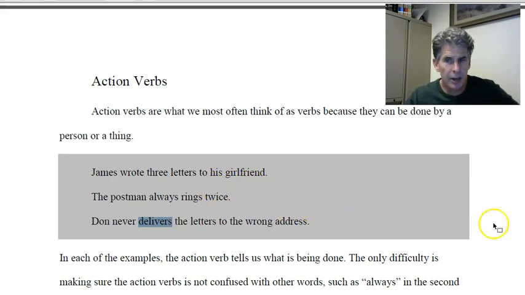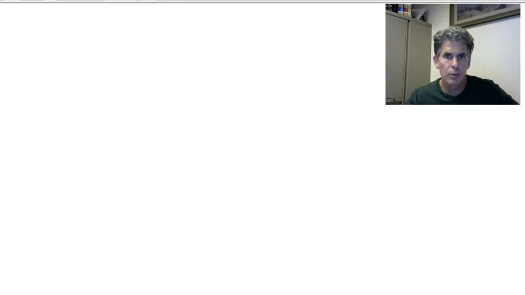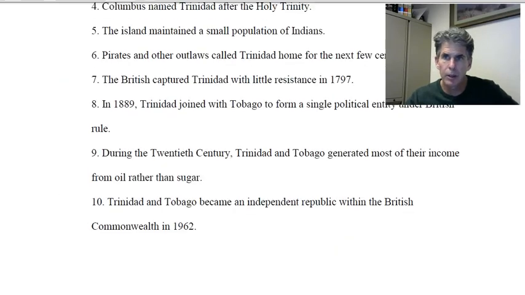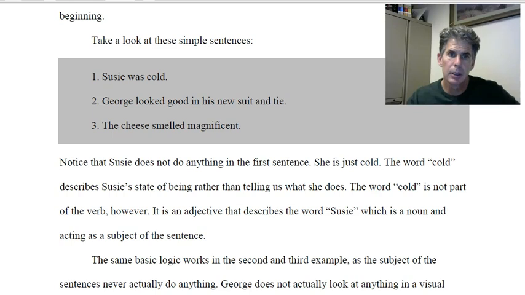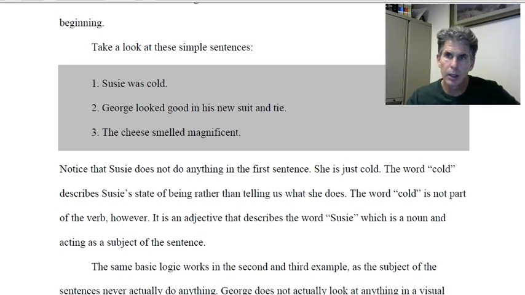Okay. So action verbs I don't find students get confused over. I find this is probably one of the easiest exercises in the book. Columbus landed at Trinidad, took much longer. He and his crew depleted. Students get this one right. Okay, no problem there. The other type of verb, and when we go to the other side, is a linking